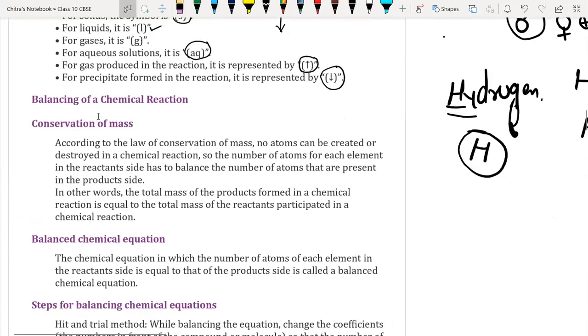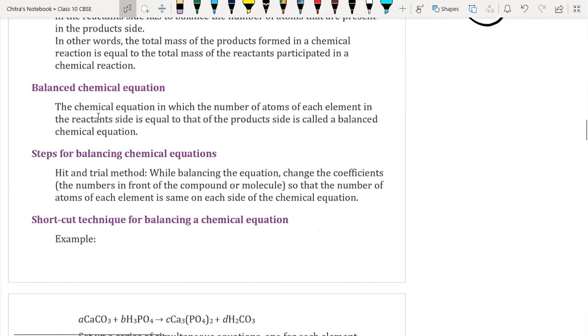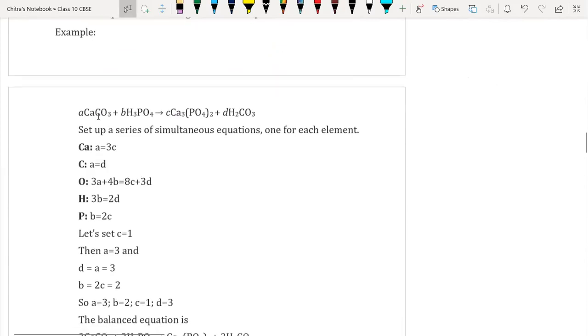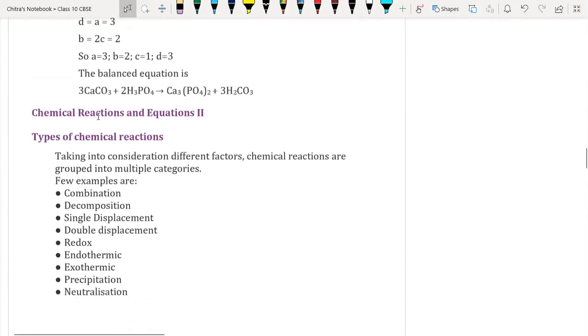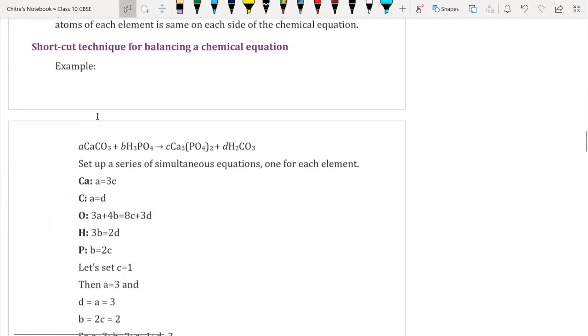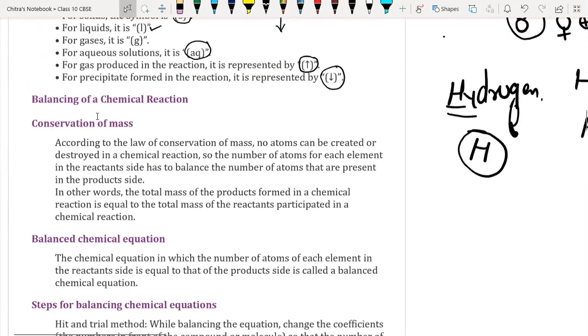Okay. Now we have to discuss balancing chemical reactions. There are many steps given over here. I will share the notes. I will explain with the help of one chemical reaction, so that you will understand properly. We will use another technique to balance the chemical reaction. Till here any doubt, any question? No questions, sir. Let me have one example so that you will understand easily.